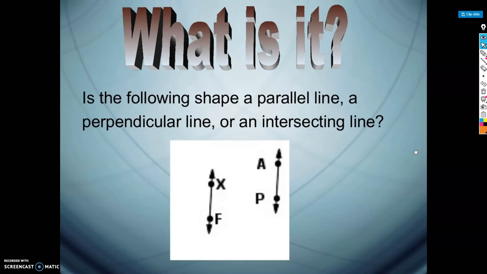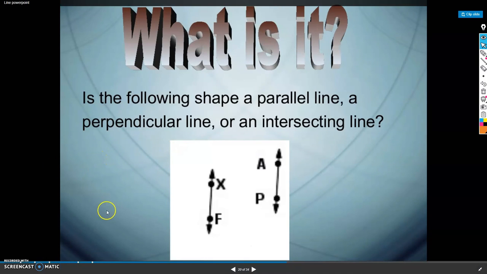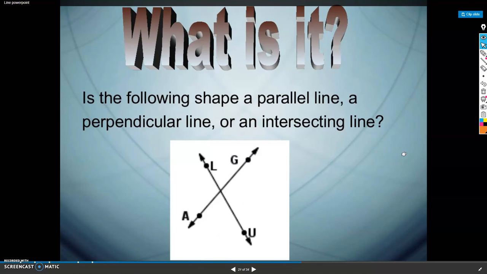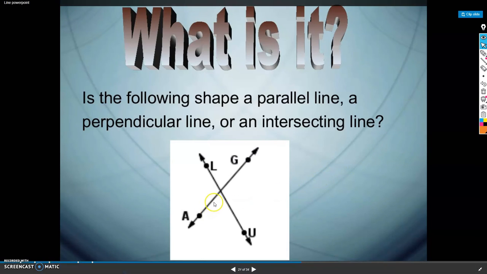So really quickly, I'm going to go through a couple of these with you. I just want you to look at them and think in your head, what am I showing you? What type of lines are these? Are these parallel, perpendicular, or intersecting? These are parallel because they are straight up, straight up. They're never going to intersect each other. What about these? You might be tempted to say perpendicular, but you can see there's a bit of an angle here. This is a little bit more of an obtuse, and this looks a little more of an acute angle. So these are intersecting lines.